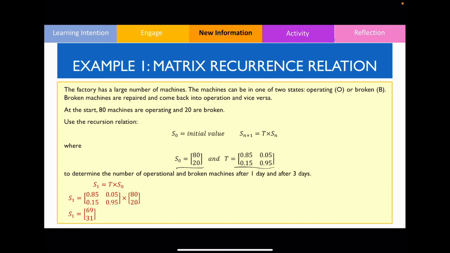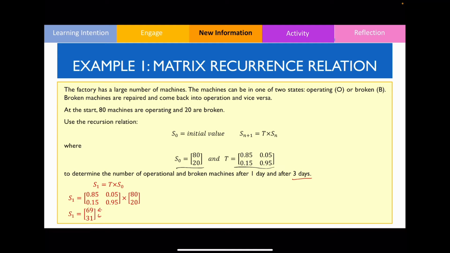be getting. Ideally, in order for you to get full marks, you need to write a sentence to state how many operational and broken machines there are after 1 day. So in this particular case over here, there's going to be 69 operational machines and 31 broken machines after 1 day. However, because I don't have enough space, I haven't actually done so, but make sure that you guys do this, okay? In order for us to find out how many operational and broken machines there are after 3 days,